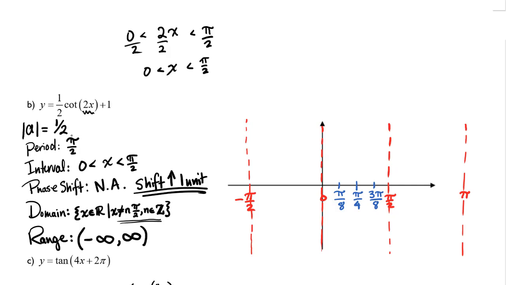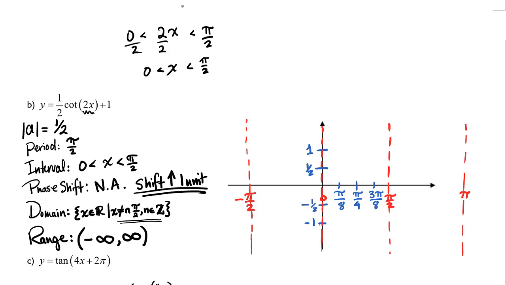And since our amplitude is 1/2, I'll go ahead and label the 1 and the 1/2, -1/2, -1. And now I need to